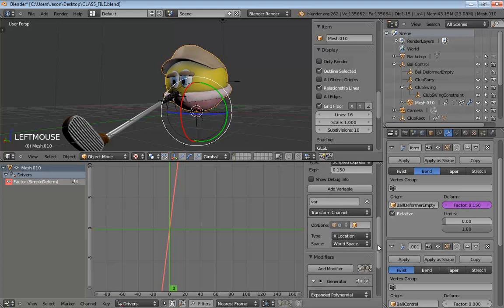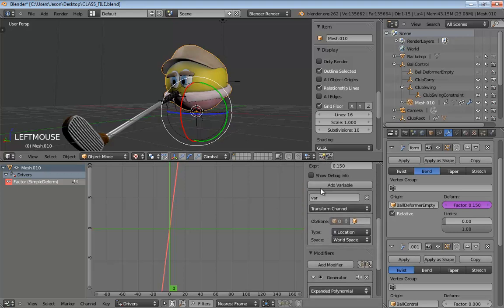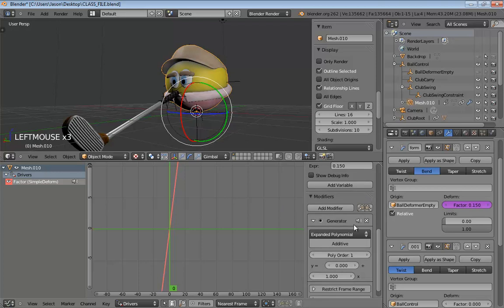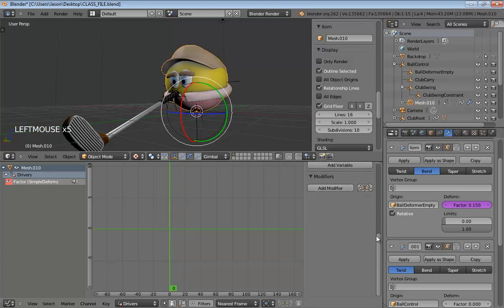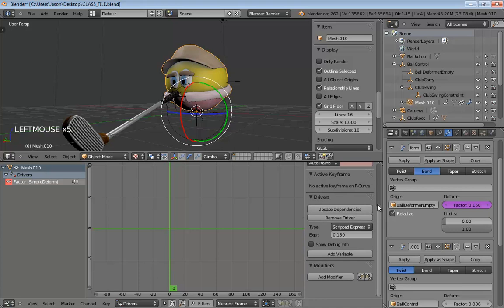We have some settings here we need to adjust. First off, we have a variable that's already in place. I want you to click X and delete that. We also have a modifier. Now, a modifier is a way to change the animation relationship in a variety of different ways. What we're going to do is just close that out as well. I don't want a modifier, and right now I don't want a variable. We're going to add one of our very own. This gets rid of any animation curve that you had.